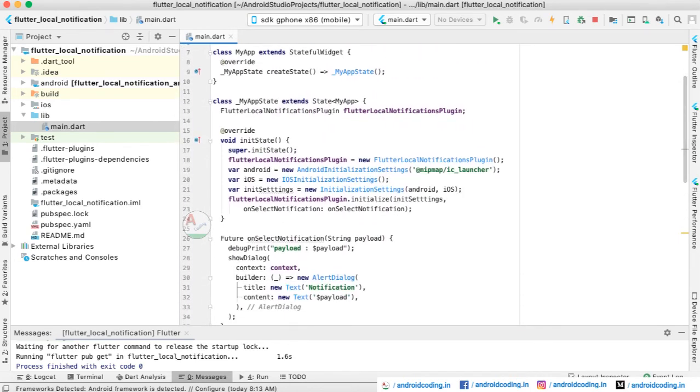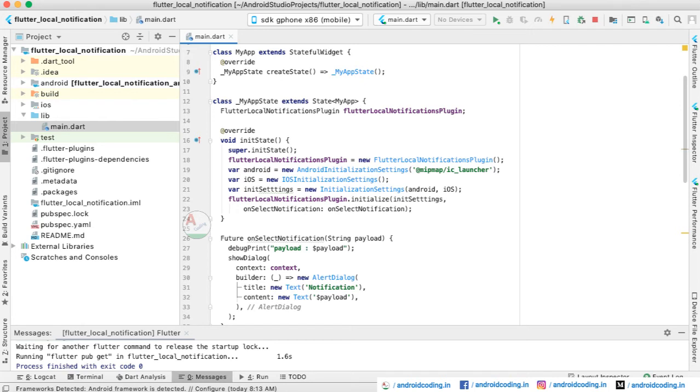This is regarding the onSelection. When you select a notification this particular task will be accomplished, and not only this, in real time whenever you want to move the user to a screen, for example you got a message on your application, whenever the user taps on the notification you can divert the user to the chat screen, or if there are any offers applicable in your application you can directly make the user go to the screen where the offers are being displayed.